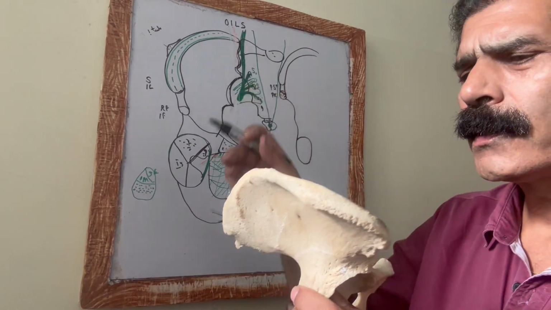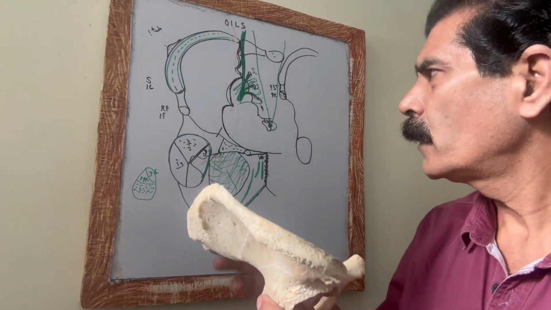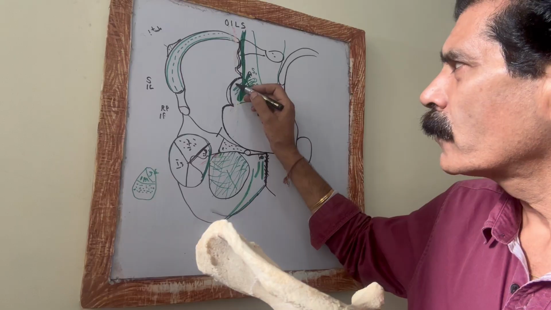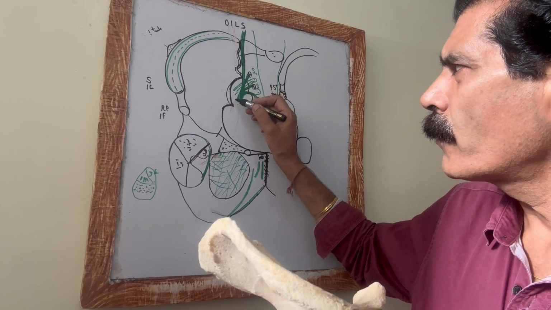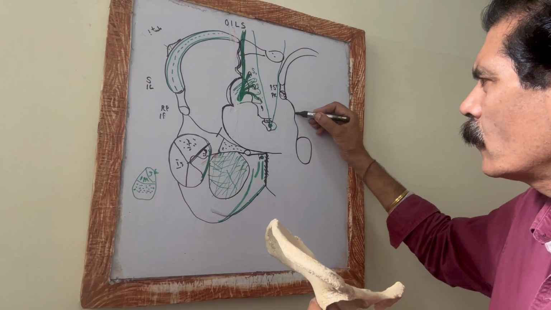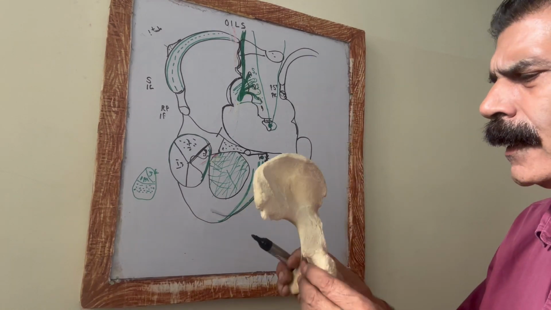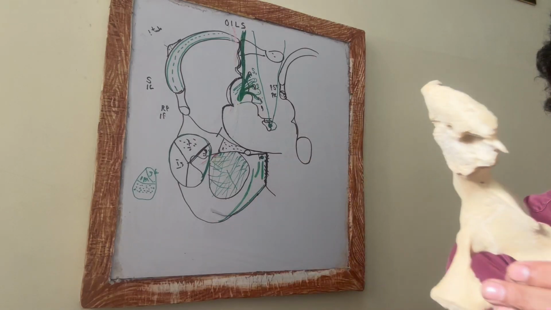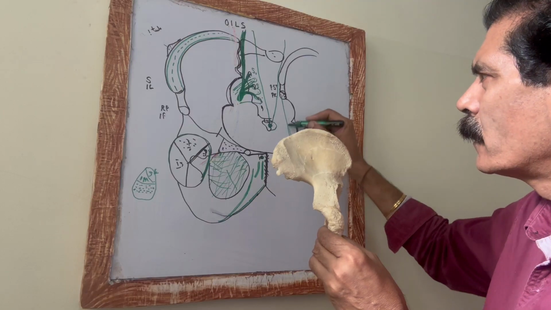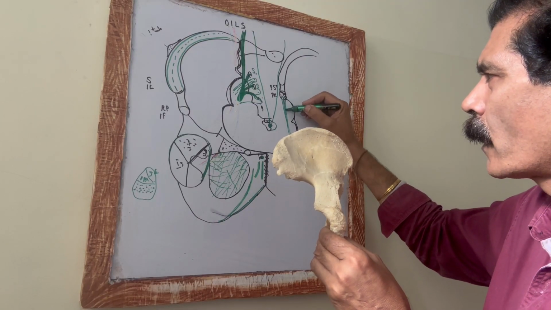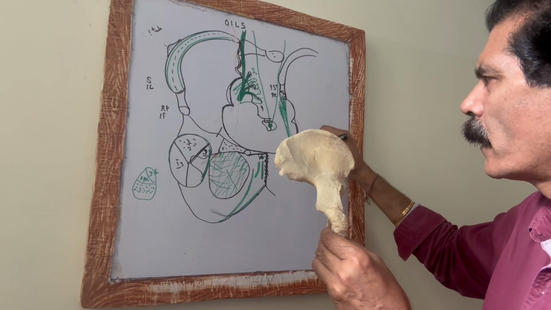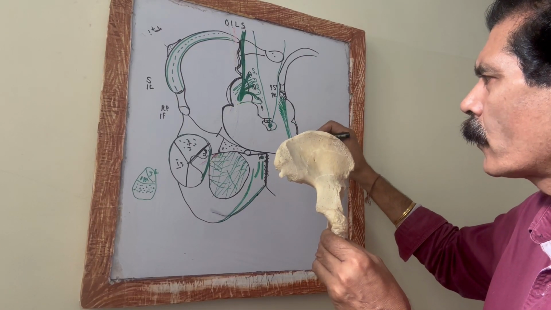The greater sciatic notch is formed by the ilium, and the lesser sciatic notch is formed by part of the ischium bone. So these two notches, the greater sciatic notch, ischial spine, and the lesser sciatic notch, are converted into the greater and lesser sciatic foramina with the help of ligaments. A vertical ligament is called the sacrotuberous. It is attached to the lower lateral part of the sacrum and the coccyx, and to the medial part of the ischial tuberosity.